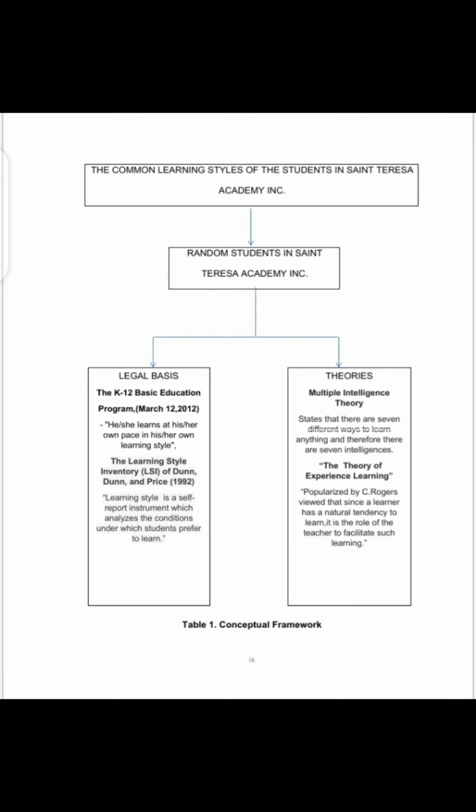According to the multiple intelligence theory of Howard Gardner, there are at least 7 different ways of learning anything. So the conceptual framework of my research, I'm going to view it on my screen. And to move on, there are 2 problems in this research. First, what are the 2 common learning styles of the students in St. Teresa Academy Incorporated? And second, can knowing the common learning styles of the students give impact to their performance,